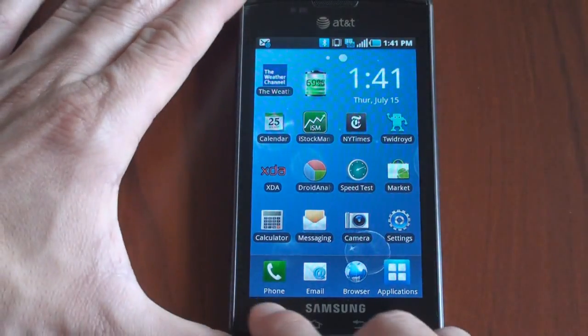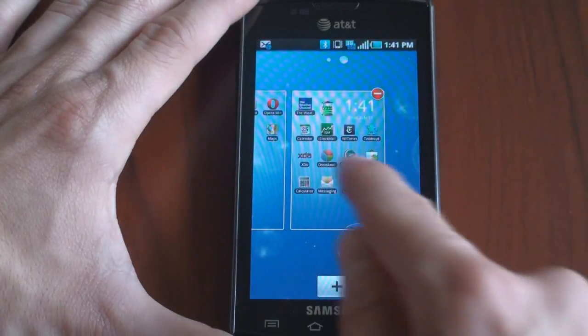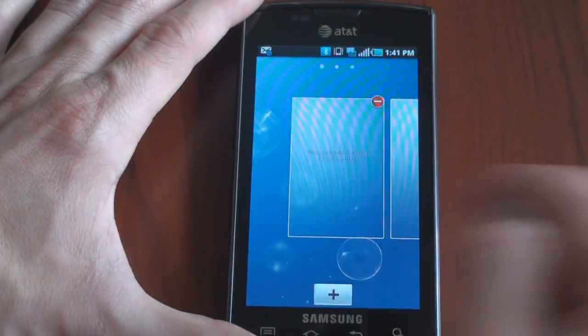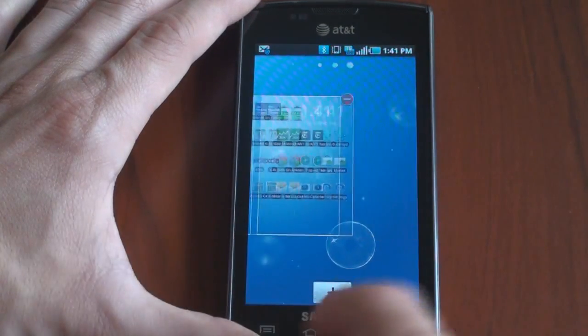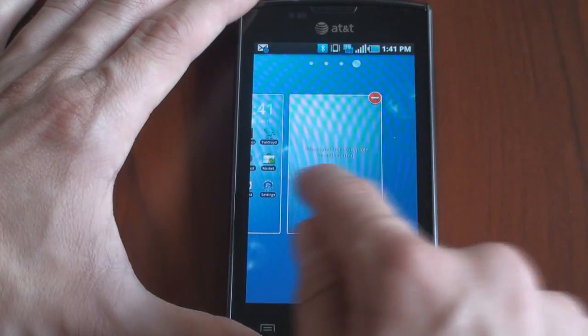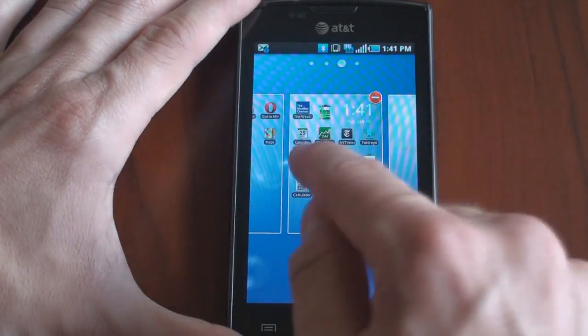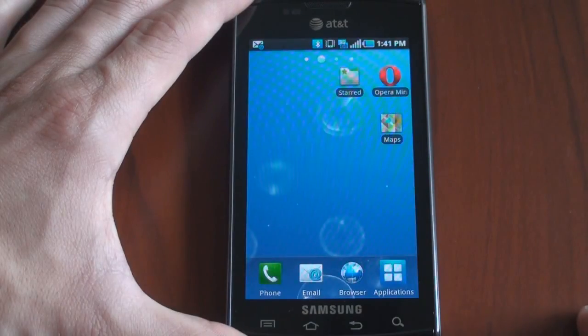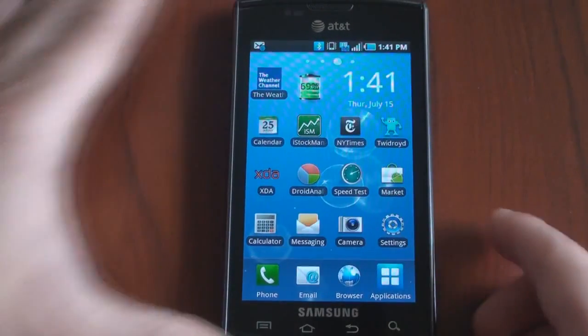So what you can actually do is hit the menu button here, go to edit. We can actually add home screen. So you move to the place where you want a new home screen, say right here, and boom, there's another home screen. Let's add one over here. There's another home screen. We can also delete the home screens from here by just tapping on the little delete button. So let's go back, and now we will have 4 home screens, by the way, which you can jump